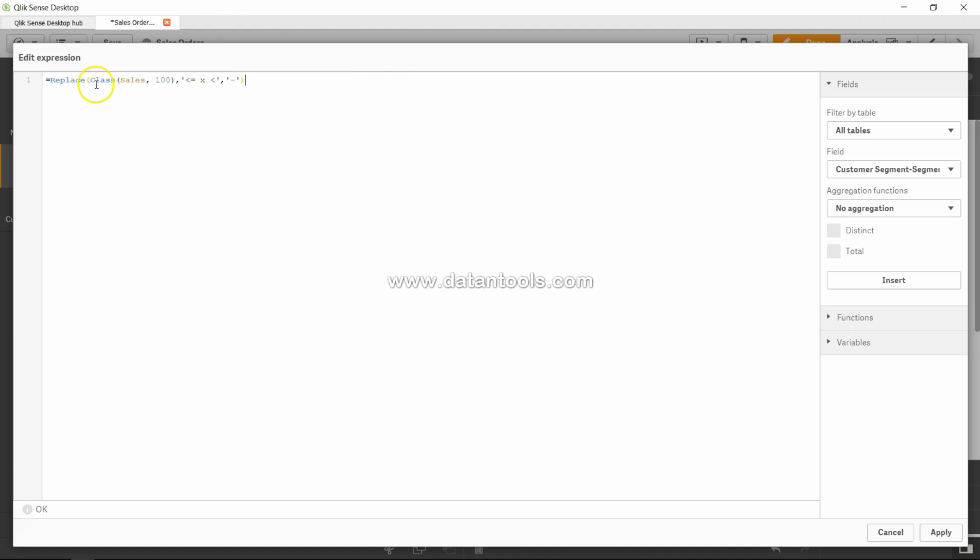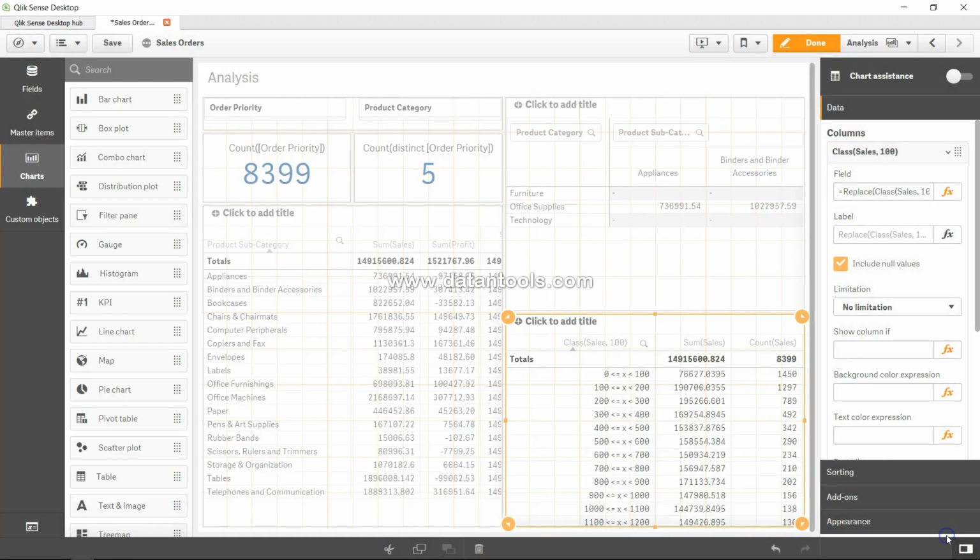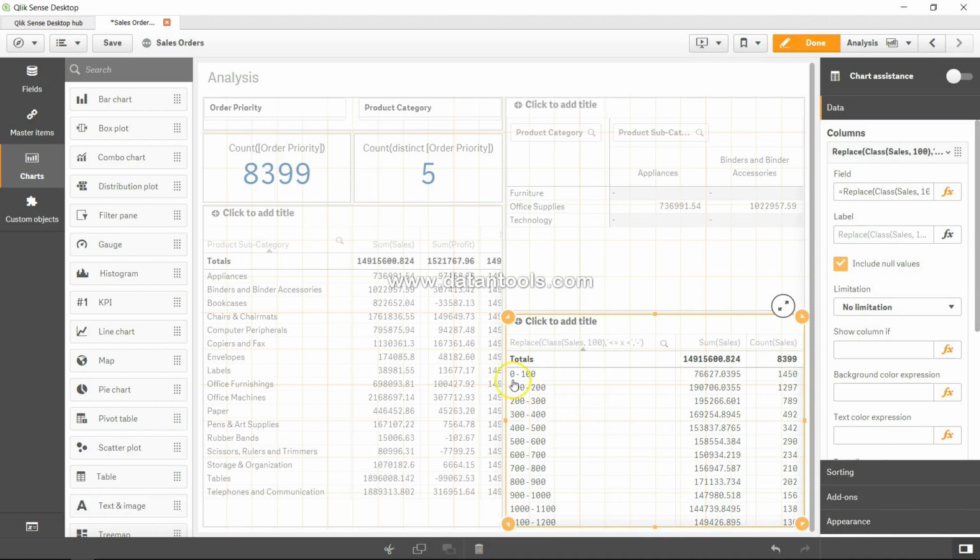All right, so in this expression, replace this with this. That's it. Click apply, and now you can see it's very well formatted: 0 to 100, 200, 300, 400, and